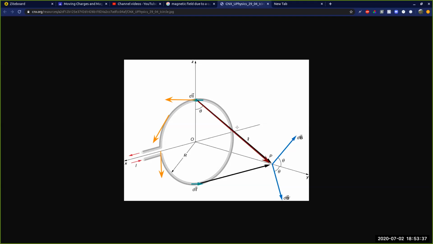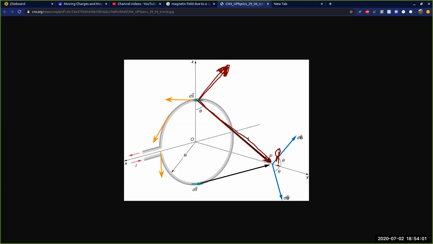And see, the R vector is like, if this is a ring and you're in 3D, standing as a man here, then it is coming to you, right? Then Idl cross R should go like this, right? It goes inside, again inside. It should go like this. All of you understood? Everyone?